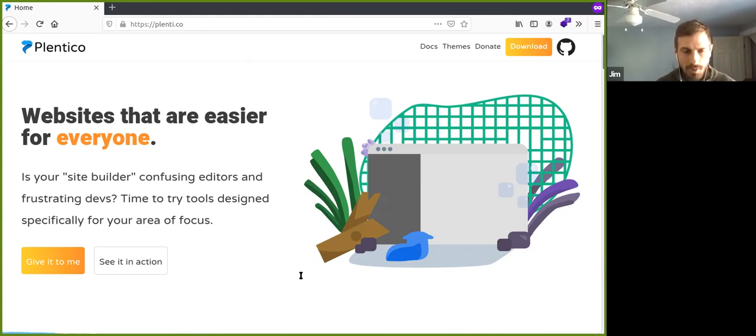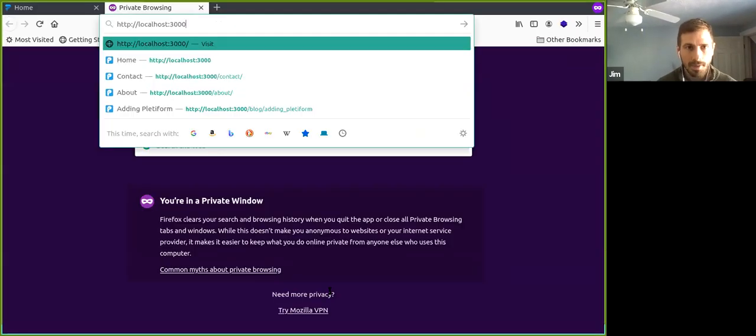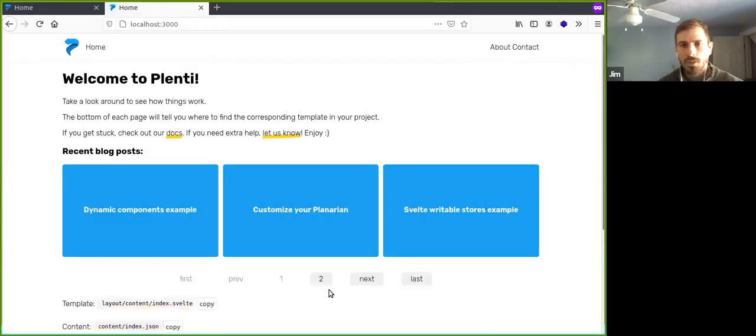And what I can do is I can start up a web server as soon as I open the project up, and that'll show me a little information about my build. It'll give me a URL here that I can visit in my browser so we can see what's happening out of the box with Plenty. I copy that and I open a new tab and I paste that in. You'll see this website here.